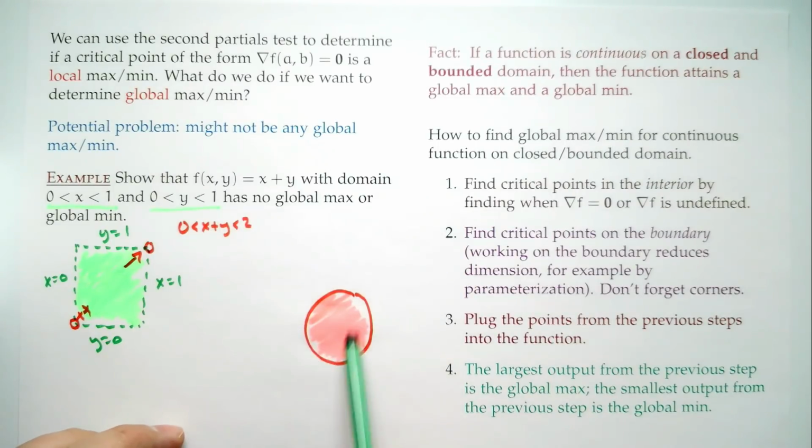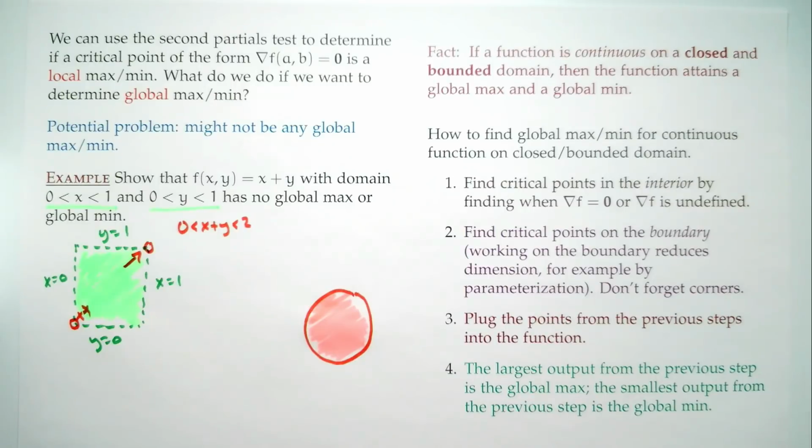The whole interior is a two-dimensional thing. So what happens is when we work on the boundary, we get to reduce dimension. Go down from something two-dimensional to something one-dimensional. Now, if we ever had to do a problem where we were doing optimization of a 3-variable function,